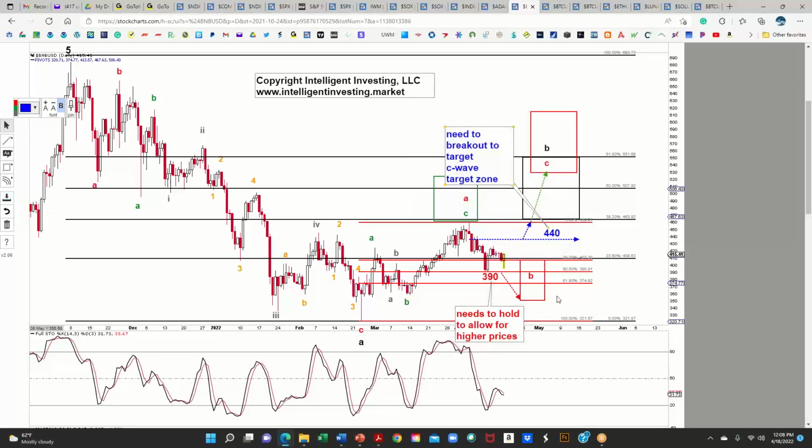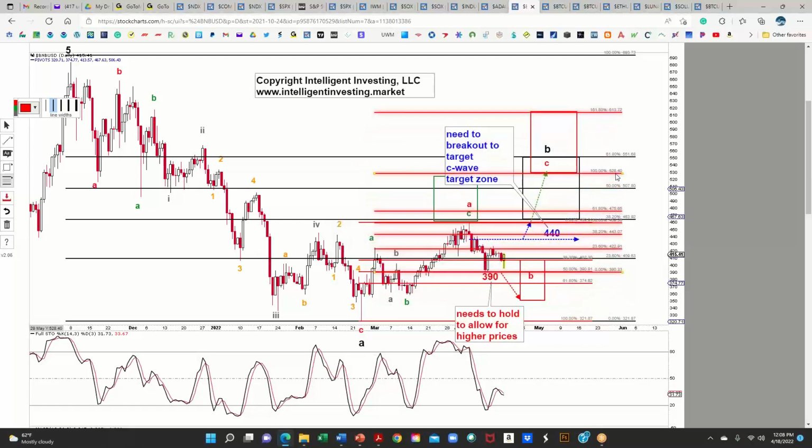Now assume we've bottomed for wave B of B. Same kind of setup as for Cardano. Then we can say, okay, what are then the upside potentials? Well, we have the length of wave A right there. That is the length of wave A. And then C waves are often anywhere, ideally between 1 times to 1.618. It can truncate, it can do 0.764, okay, it can do a 0.764 or even a 0.618. So we're going to increase the target zone.